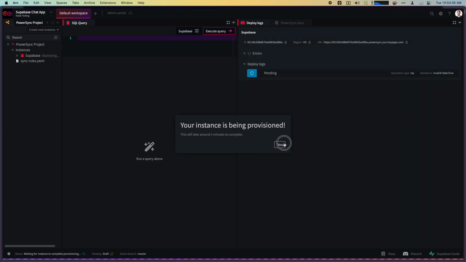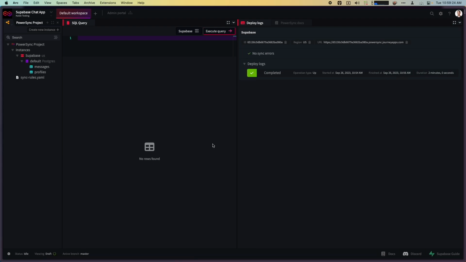Okay, very good. The instance is currently being provisioned. It does deploy some pods in our Kubernetes environment and configures them and sets them up, so that does take a little bit of time, but we'll just sit tight and wait for that to happen. Okay, excellent. Our instance has completed deploying, and we can actually see here that we've got our tables in Supabase visible,